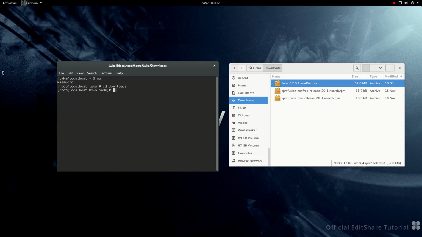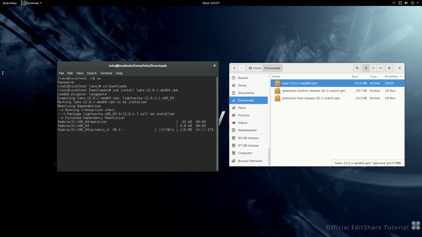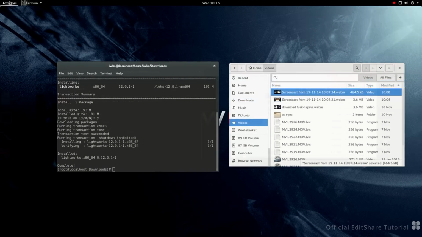Save the RPM version of Lightworks for Linux to a local drive. Open the terminal window, navigate to the directory where you save the RPM, and type yum install the file name .rpm, where filename.rpm is the name of the Lightworks download file. The installation process starts, and we recommend you restart your system after the installation. Launch Lightworks,